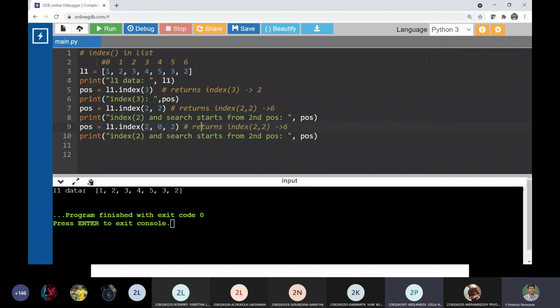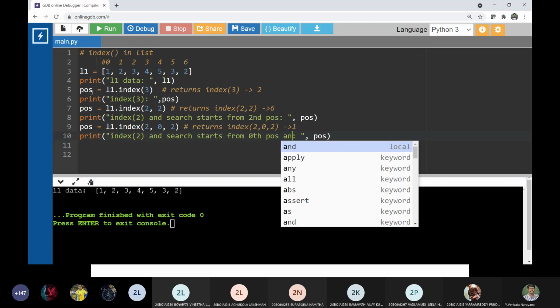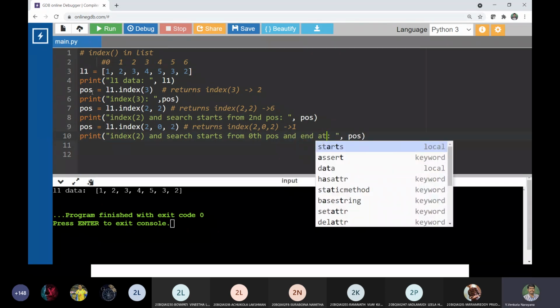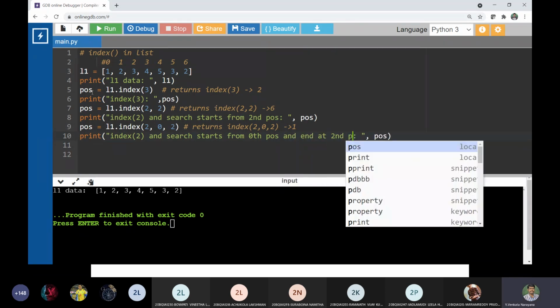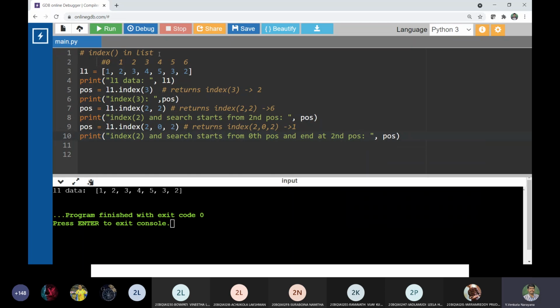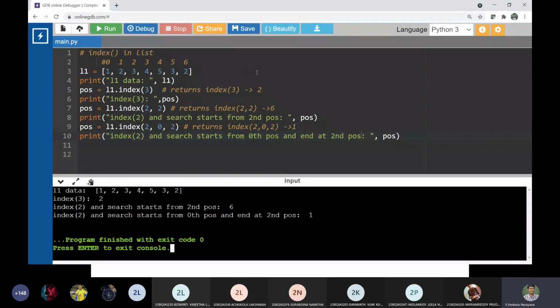So in this case, the return value should be 1. So the index of 2, and the search starts from the 0th position and ends at the second position. Let us check whether it is working or not.